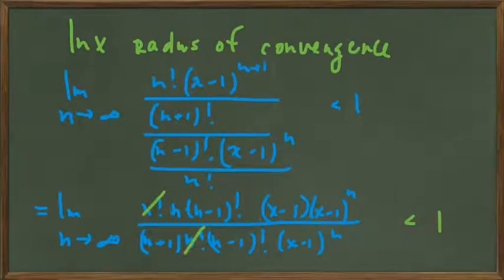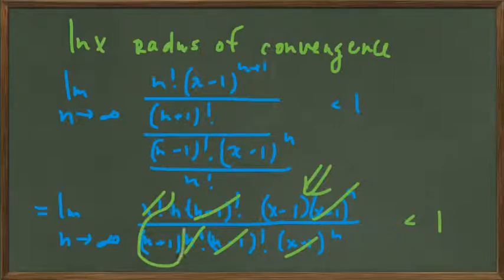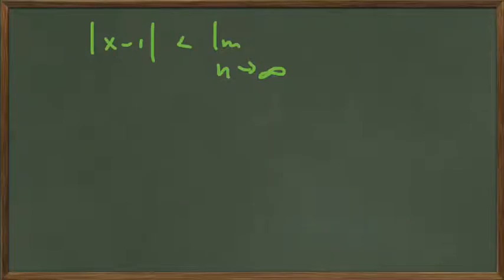That n factorial cancels, n minus 1 factorial cancels, x minus 1 to the n cancels, and so what we're left with is this: x minus 1 is less than, so x minus 1 is going to be left on the left side, and these are going to flip when we go to the other side. So we have n plus 1 over n, and that limit is 1,